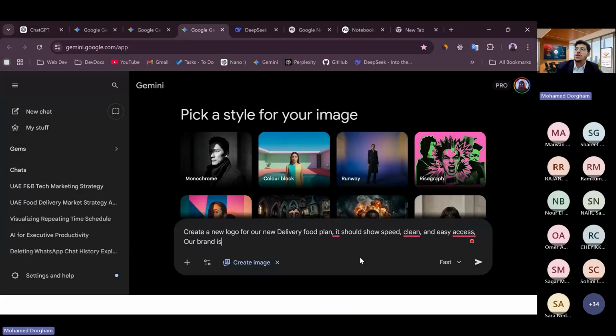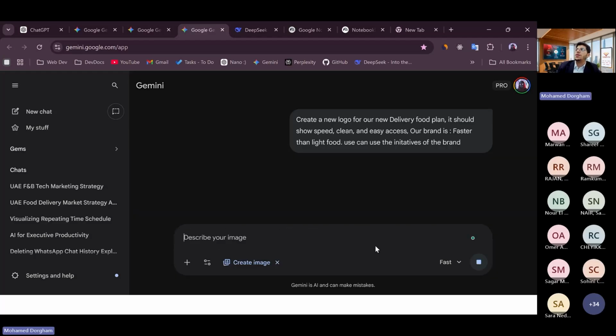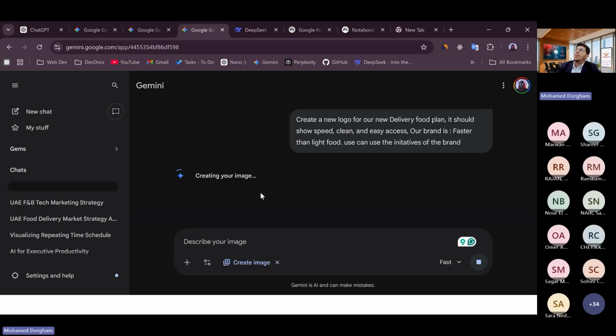The brand initiative is maybe, I don't know, I can tell it, faster than light. Okay, faster than light. Quick. You can use the initiatives of the brand. Let's see. My prompt was very simple.